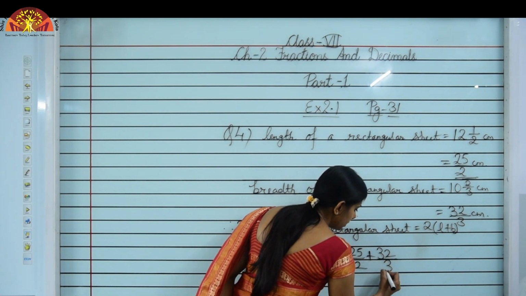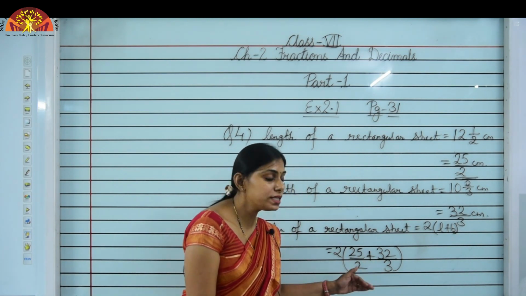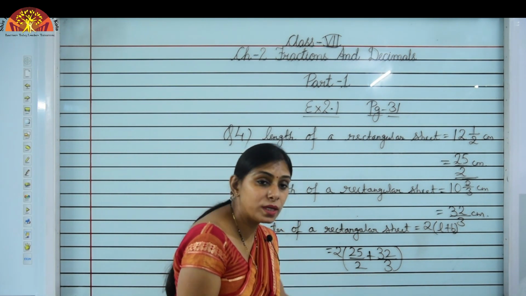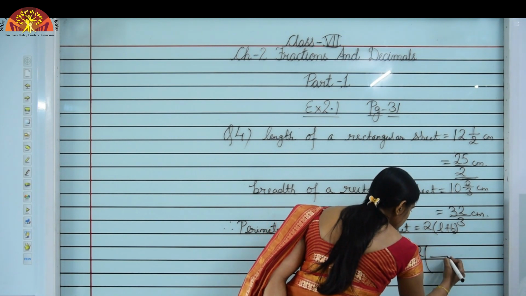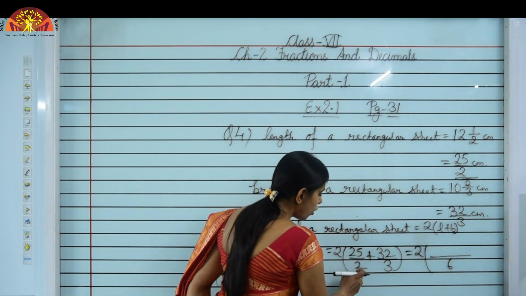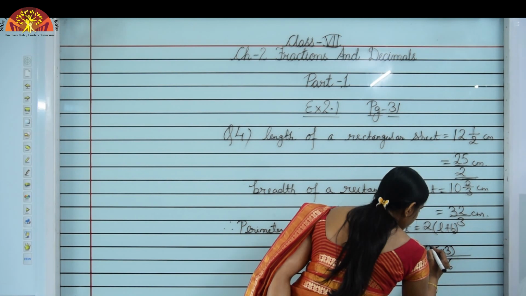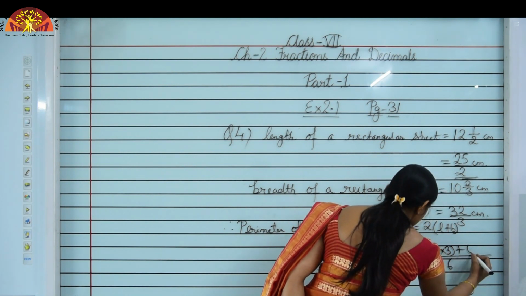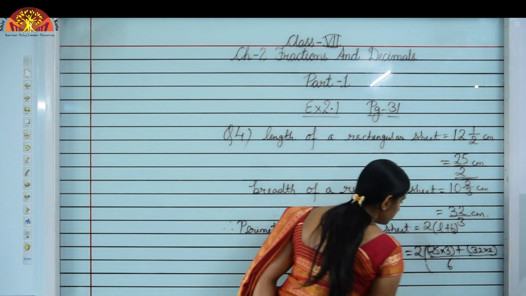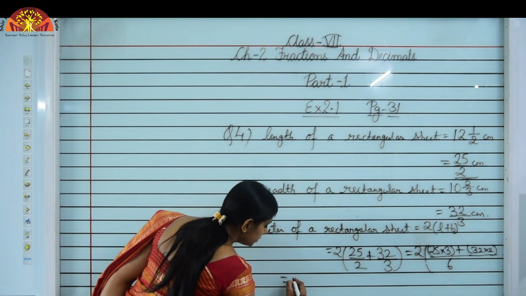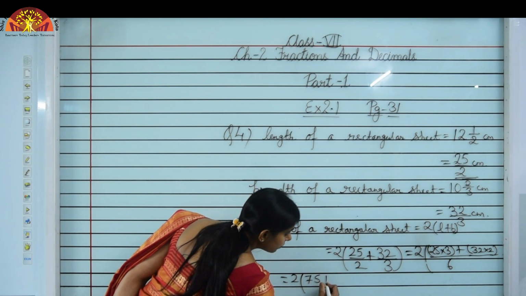Now you can see, children, again here the denominators are different. So you have to first find out the LCM. So LCM of 2 and 3 is 6. So we can just write over here, that is 2 into, LCM is 6. So how many times? 2 3s are 6, so 25 into 3, plus 3 2s are 6, so 32 into 2. So we can just write over here, that is 2 into, that is 25 3s are 75 plus 32 2s